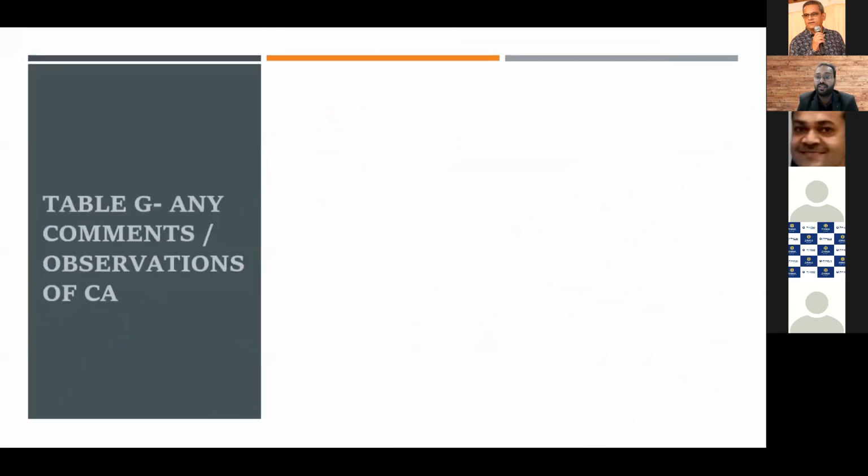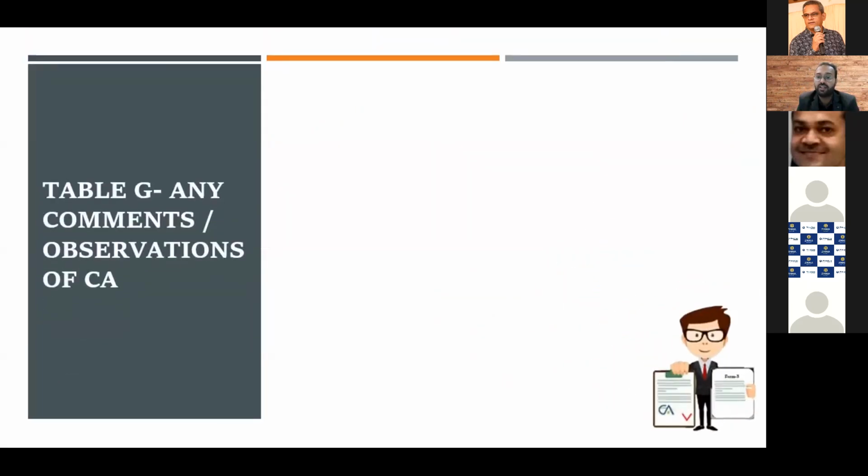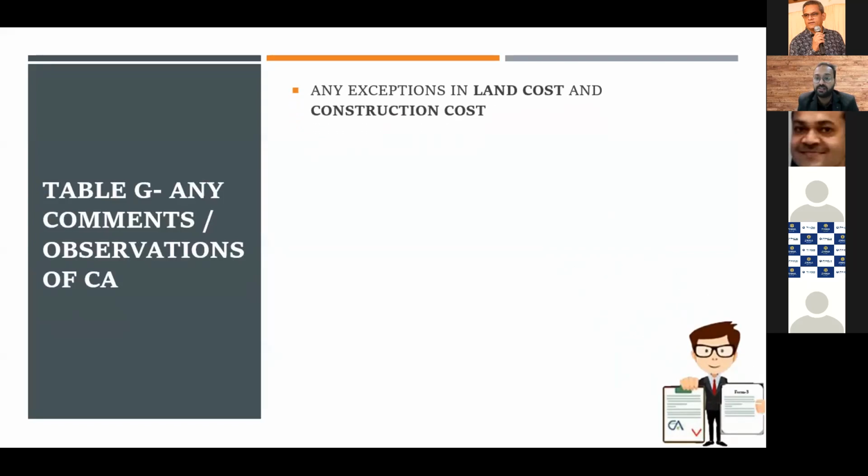So they expect that you don't issue this certificate in a way. You have to mention all the comments or any kind of observation. छोड़ो मत, वो mention करो. बाद में you don't have an escape कि मैंने ये अगर cost include किया है तो किस basis पे include किया, that needs to be what inference has been done, that needs to be mentioned. अगर नहीं हो रहा है, it is not even possible कि मुझे ये नहीं मिल रहा है, then also you have to disclose कि it was not given.